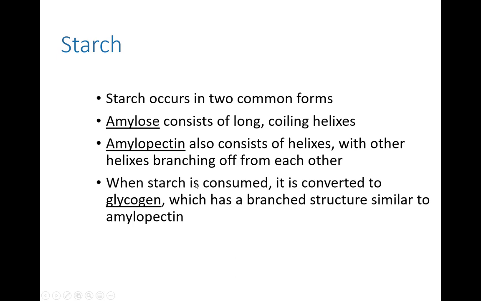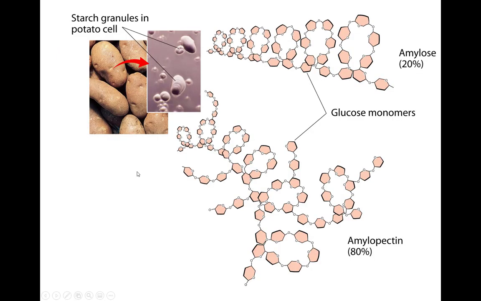When we consume starch, and we get a mix again of amylose and amylopectin, the body ultimately stores this for short-term use as glycogen. Glycogen is very similar in structure to amylopectin. For example, if we look at potatoes, which have these accumulations of starch within their cells, we see that we have a mix in that starch. About 20% of it is amylose, for which we see very little branching. In fact, this picture shows no branching at all in the